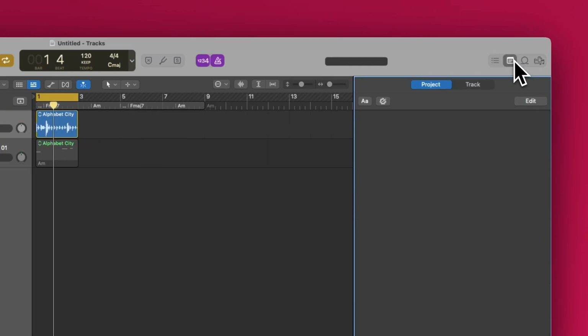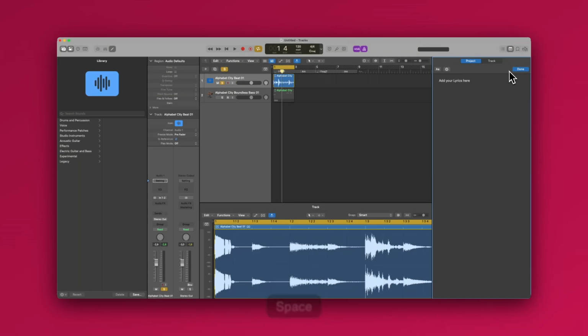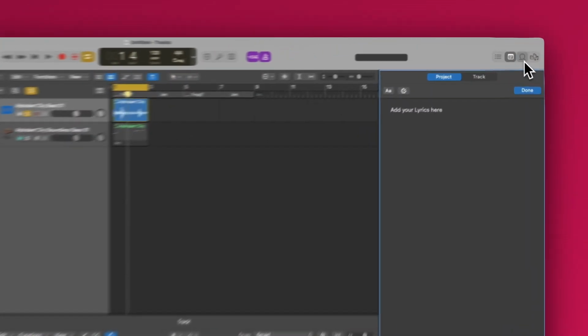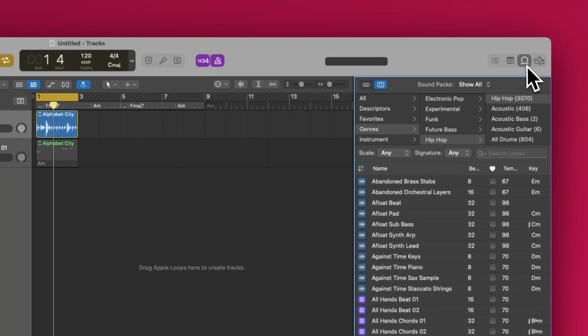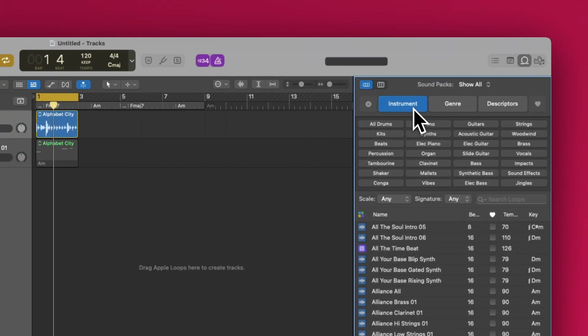The Notepad button in Logic Pro opens a text window for the selected track or project. It's a convenient place to jot down lyrics, session notes, or reminders directly inside your project. The Loop Browser button opens a library of Apple loops and samples. From here, you can search, preview, and drag loops directly into your project to quickly build